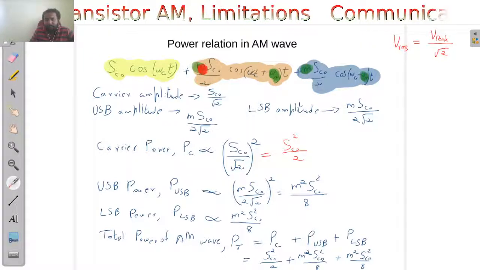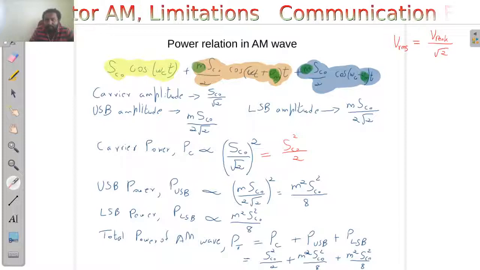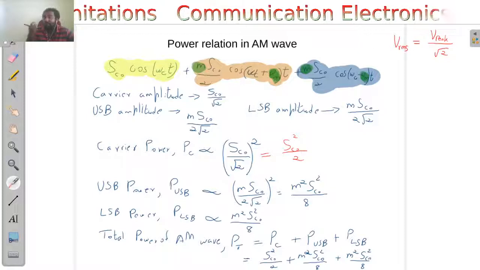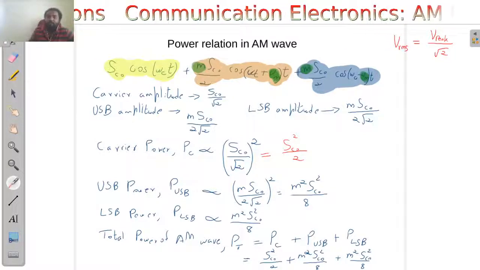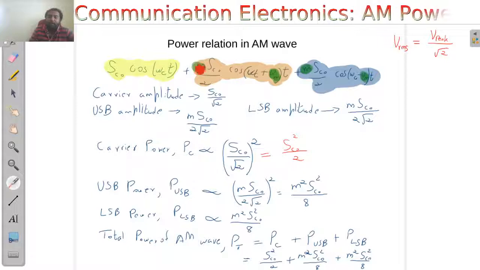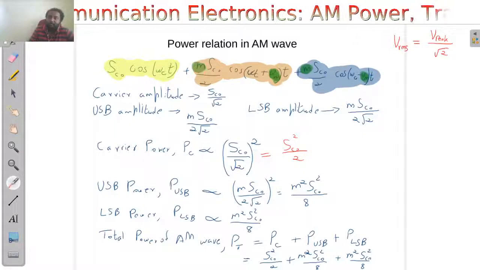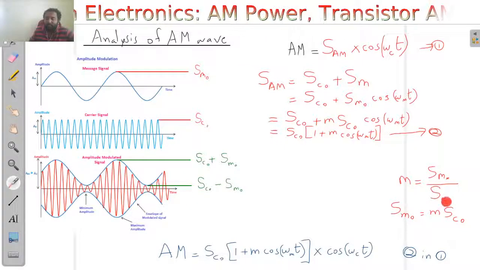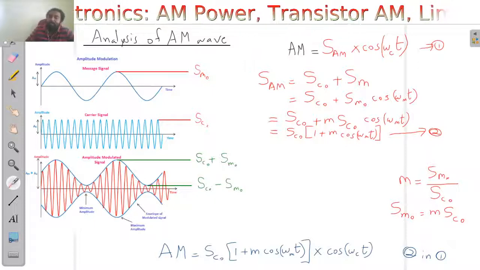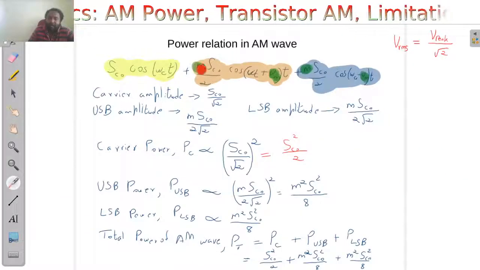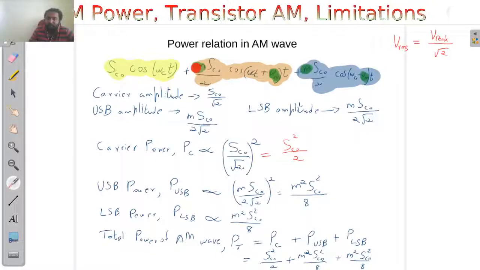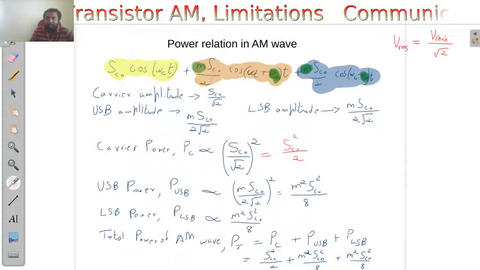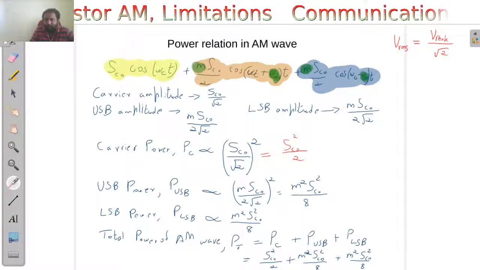Why are we considering these two parameters as our information? That is because our information is represented by two things: one is the frequency, and the second one is the amplitude. Frequency is there directly here, and amplitude is shown here as the modulation index. What is the modulation index? It is the ratio of SM0 to SE0, where SM0 is the amplitude of the modulating signal. So both the amplitude information as well as the frequency information come into the upper sideband and the lower sideband, and the carrier component is free of any information.